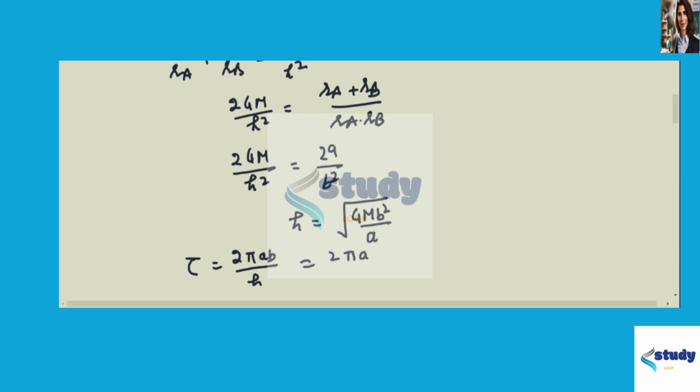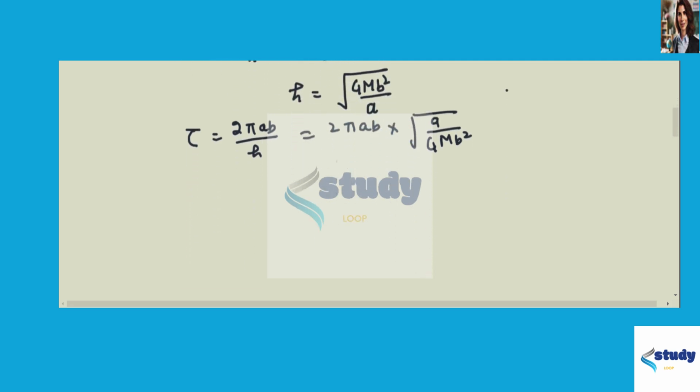So 2 pi ab upon this value. So you may write a upon root of GM into b squared, so we will get the time period to be